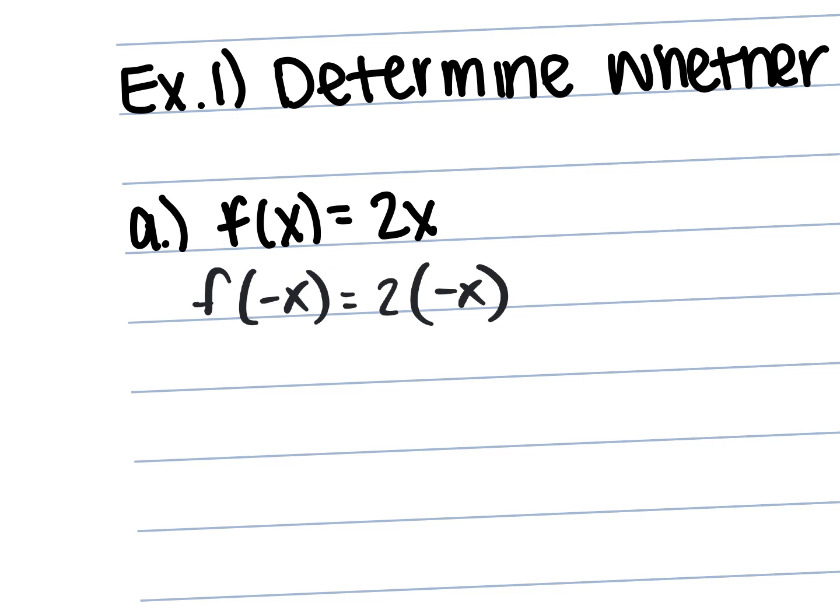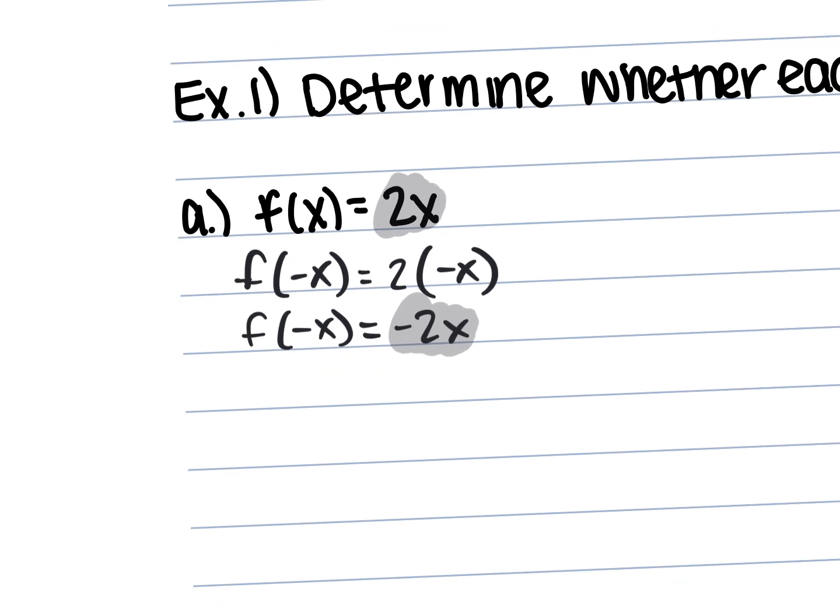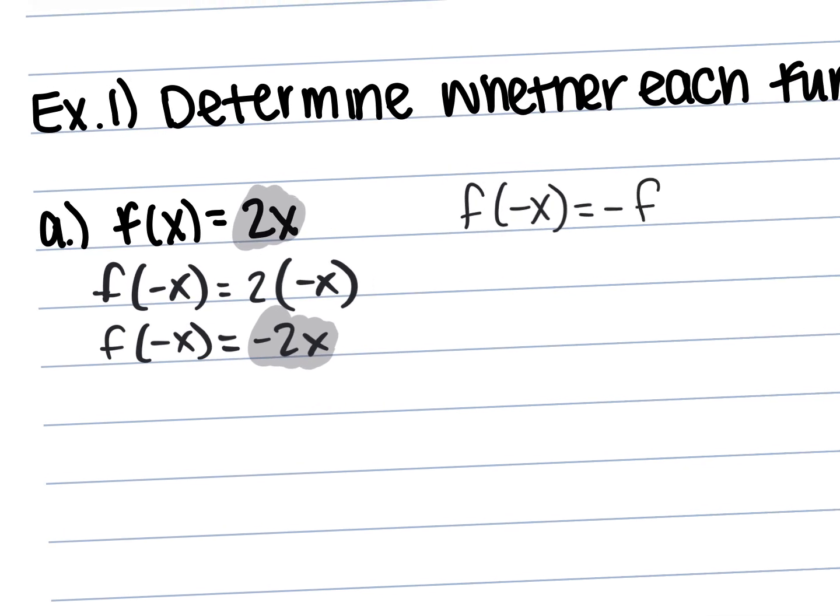I don't understand why it's negative. It's just the standard for testing even or odd. Okay? We're going to do this for every single problem. So we're going to say f of negative x equals, what is 2 times negative x? It's negative 2x. So guys, look at the original and look at where you ended up. Has my function changed sign? Did it change sign by exactly 1 negative? Bingo. So what I'm going to say is f of negative x is the same as negative f of x,